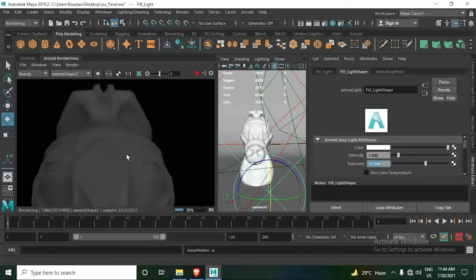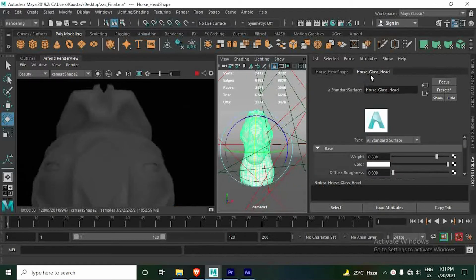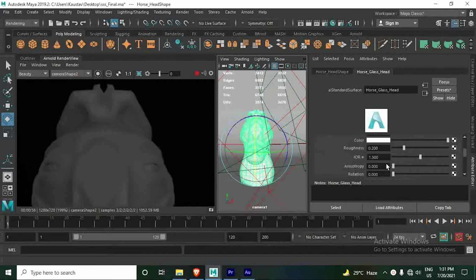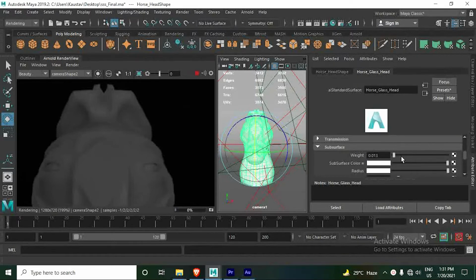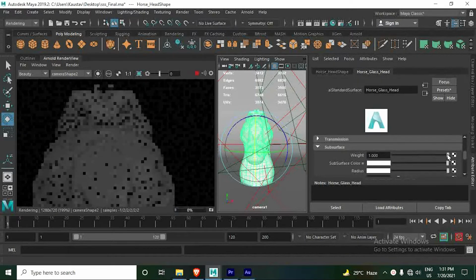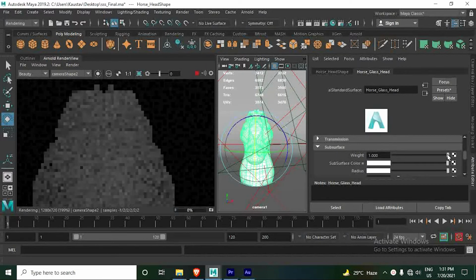It's coming out totally matte. Go for the horse glass head material, and then come down here, it's subsurface. Click on this and set weight higher, 1, and after that